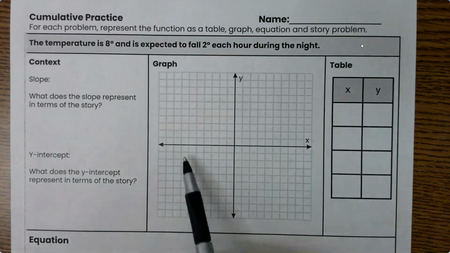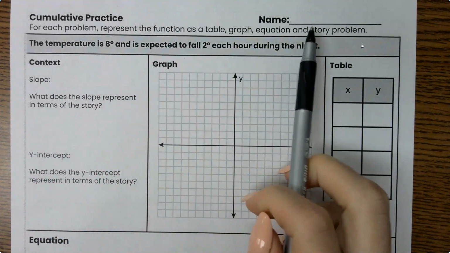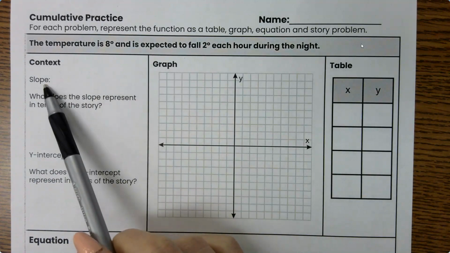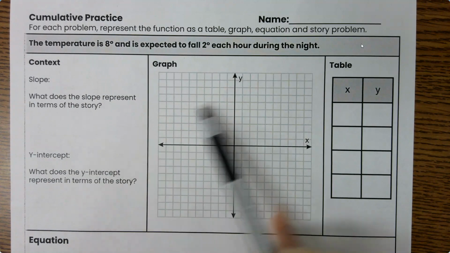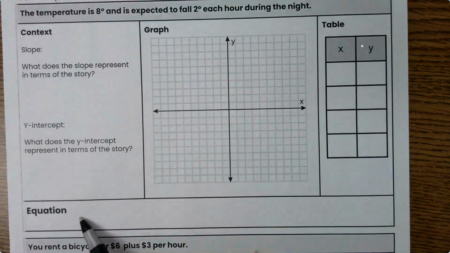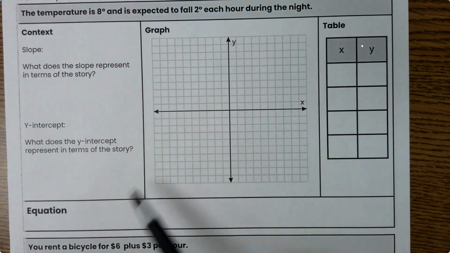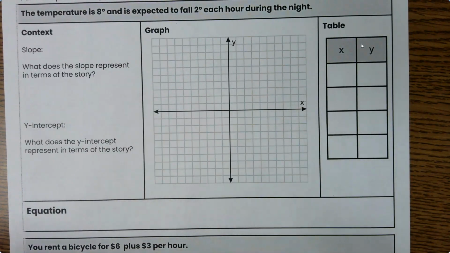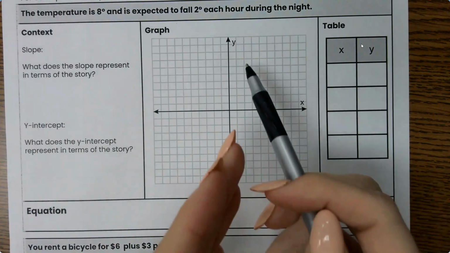All right, so for a problem like this, where they give you a story problem, we can see that we need to find the slope and y-intercept with context, graph it, make a table, and write an equation. There's a lot of different parts. So the first thing I'm always going to do is start with slope and y-intercept. Those are the things we know we need in order to make a table, to make a graph, and to